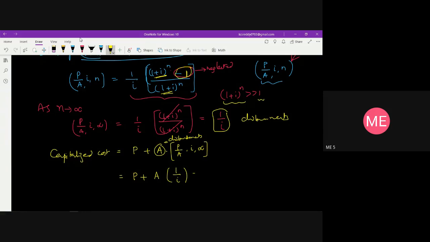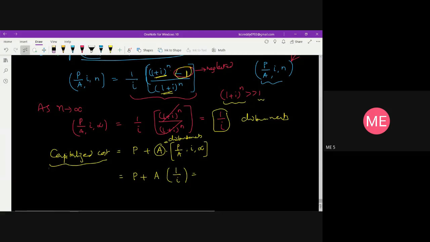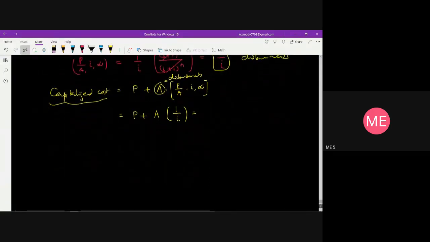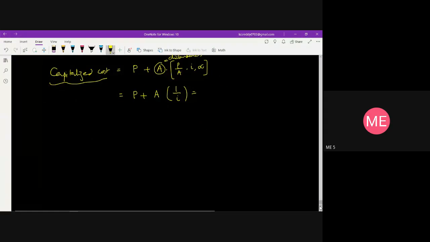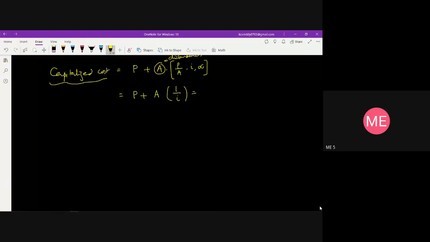So this is how we are going to calculate the capitalized cost of any bigger projects. Say construction of a dam is a bigger project, so we can find out the capitalized cost from the given expenditure. So we take one example on this. Say for example, starting an education organization, or construction of a building.